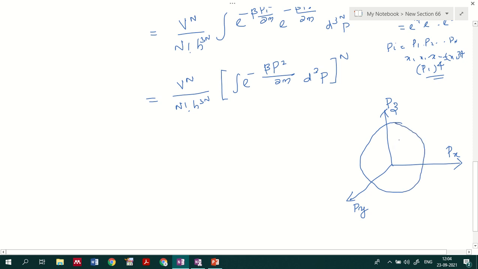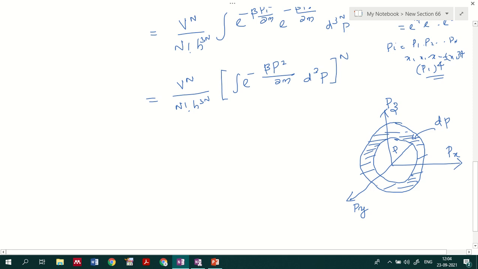Okay, note that the center of this hypershell is the origin. Maybe I am not representing it in that fashion, but you note that the center will be at the origin. So this is the area we'll be interested in. And when you want to consider this dp, you are actually considering dp over this particular volume, where p is the radius, so this is our p corresponding to that.